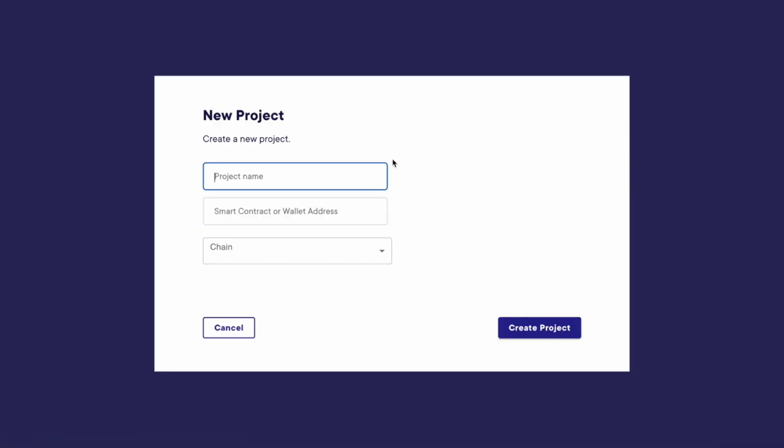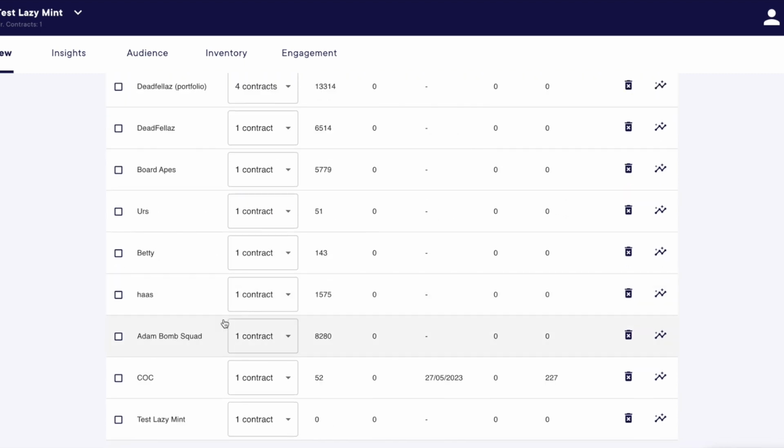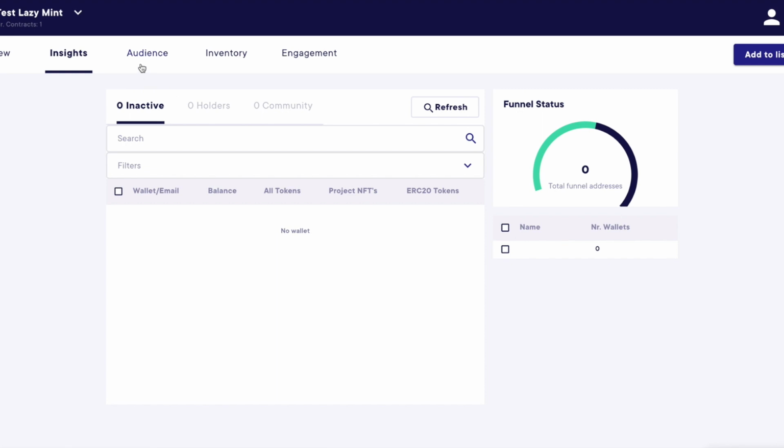Today we're going to go through creating a new project, which is very easy. Just drop in a wallet or smart contract address to get started. And then once we have that project live, we're going to dive into our minting panel to see how users can lazy mint an asset to place either on their site via marketplace or to airdrop that directly to a